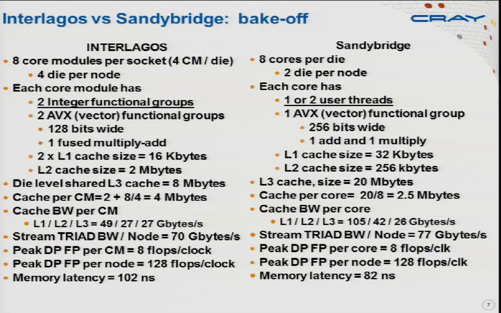It worked out pretty well when they started putting multiple cores on a processor, because then we would say a processor is maybe a socket, and you would have multiple cores in there. It began to break down when they put multiple dies in the socket, and with Interlagos it really began to break down, because its code name was a bulldozer module, and that bulldozer module actually has 2 integer units but shares a floating point unit. And